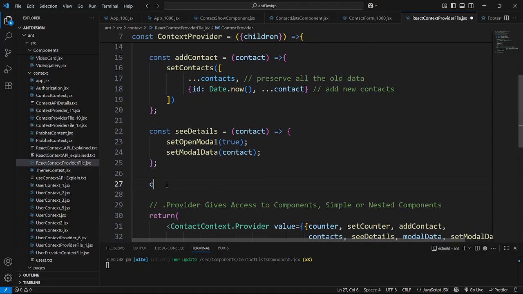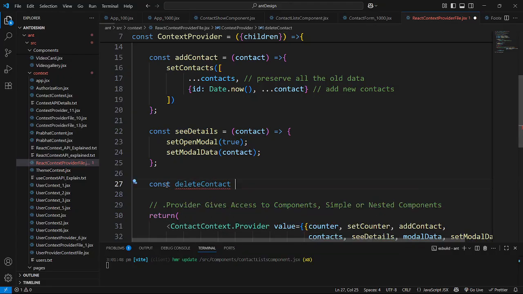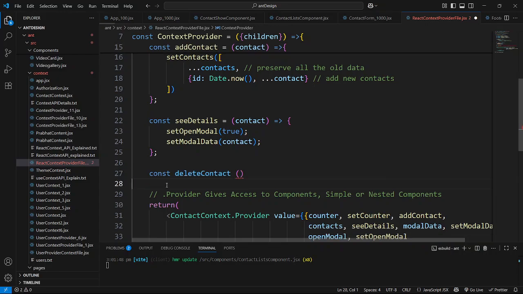So const deleteContact, like this. So let's just copy this, give here equal to, and copy this deleteContact, and just come here,